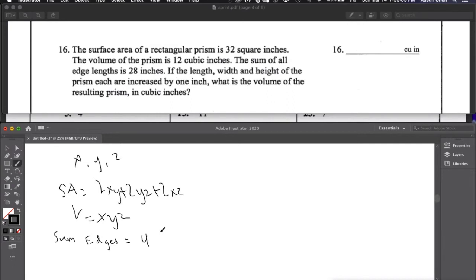Yeah, and you can get these formulas just by thinking of the cube, right? Or I mean the rectangular prism. Obviously volume is xyz. Surface area is just the area of the faces, and 2 of every type of face. And you have 12 edges in total and 4 of each edge. Okay, so from this we can figure out what xyz, xy plus yz plus xz, and x plus y plus z are. So now we want to try to use these to find